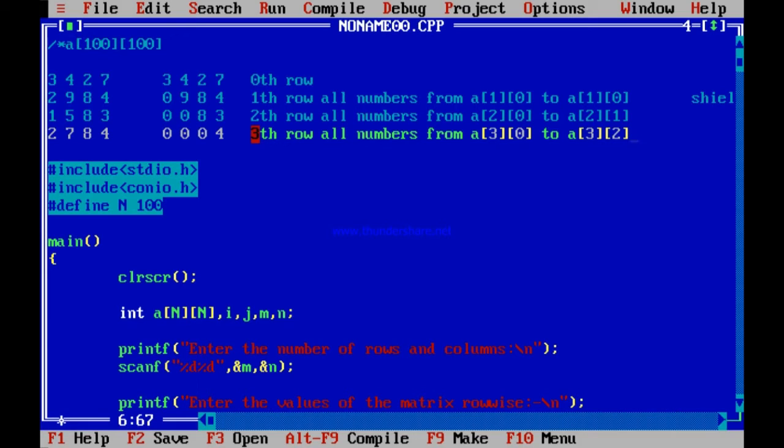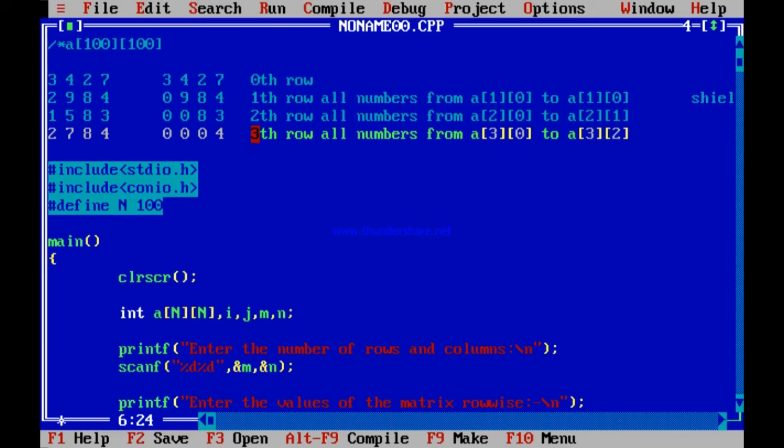I am converting all numbers starting from A10 to A10 in the 1st row, A20 to A21 in the 2nd row, A30 to A32 in the 3rd row. If it is the ith row, then I have to do this for all the rows.